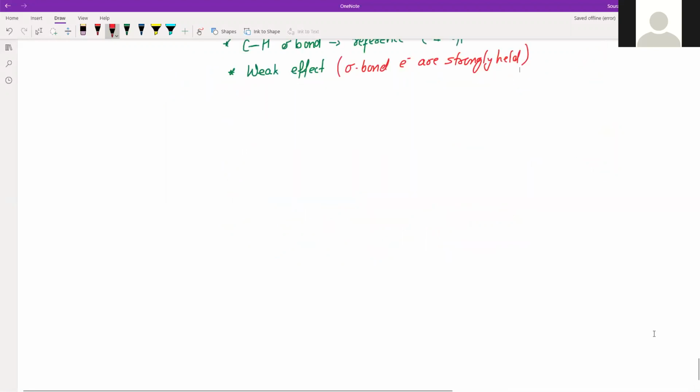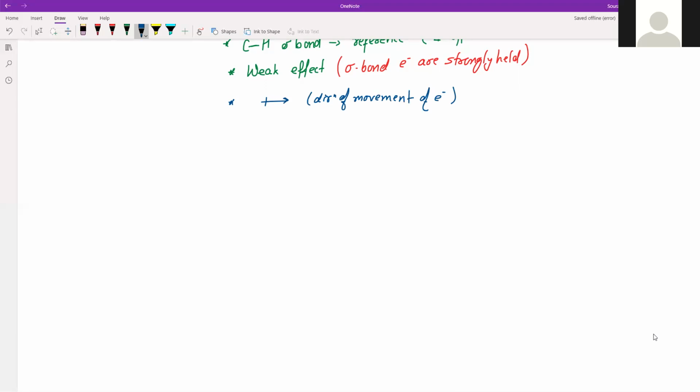Now, just like dipoles, a crossed arrow is used to indicate the direction of movement of electrons. Crossed arrow means like this. In physics, we have seen that we represent a dipole like this, which indicates the direction of movement of electrons. By convention, electrons are displaced in the direction of the arrow.